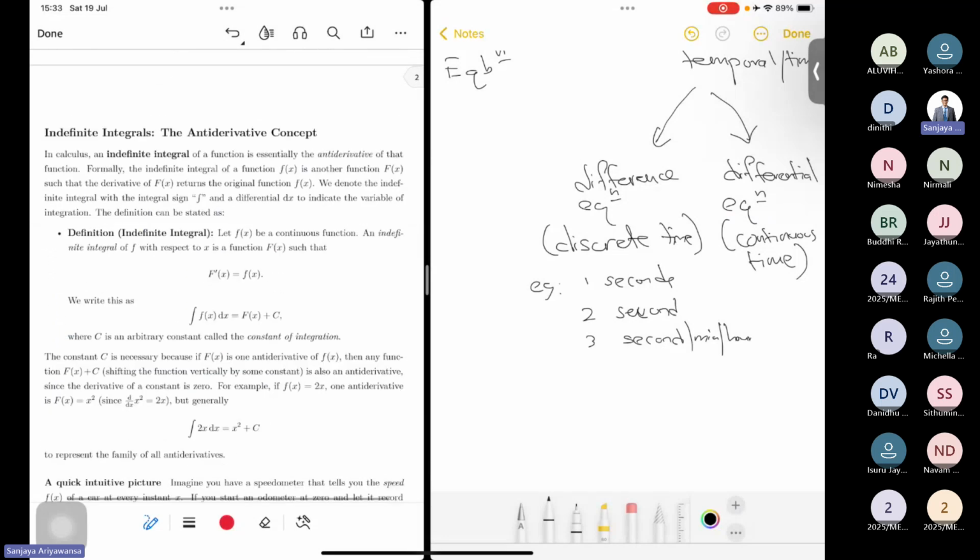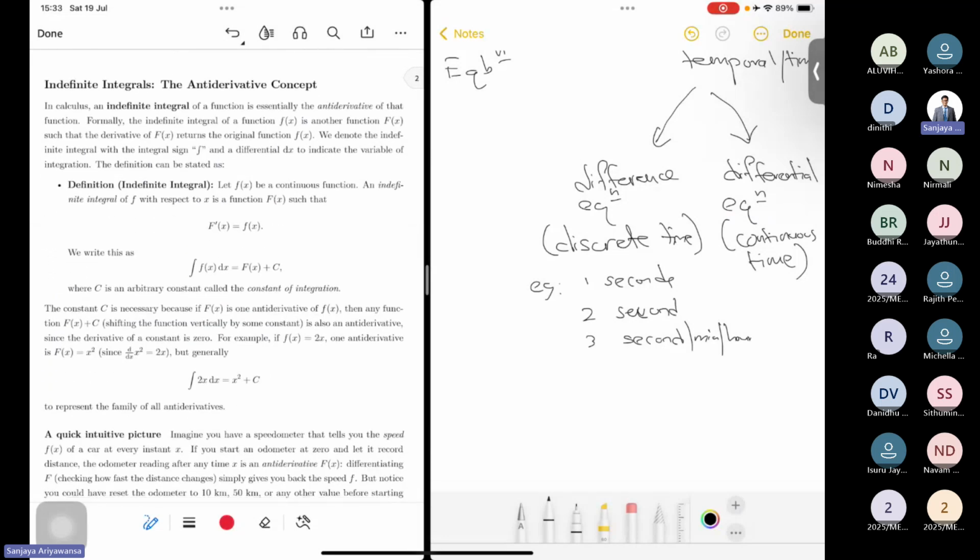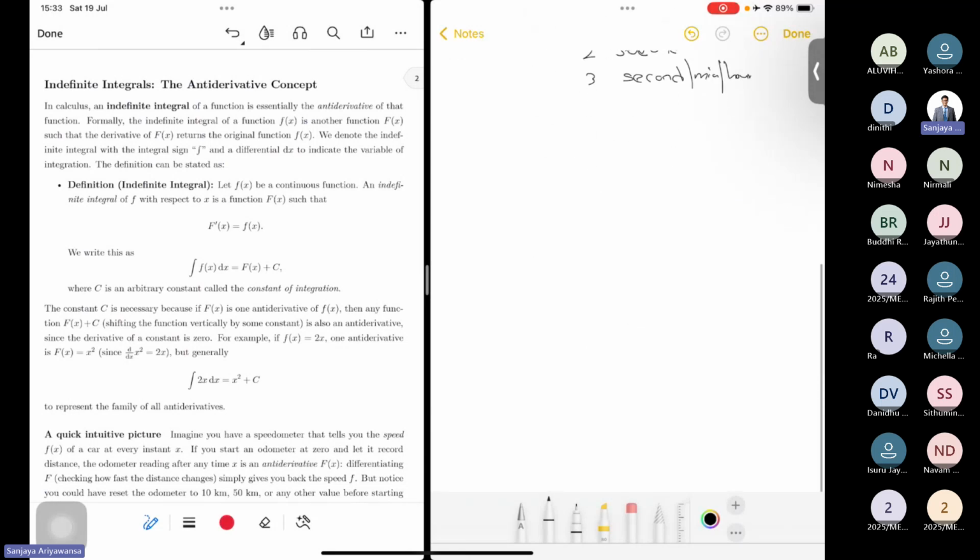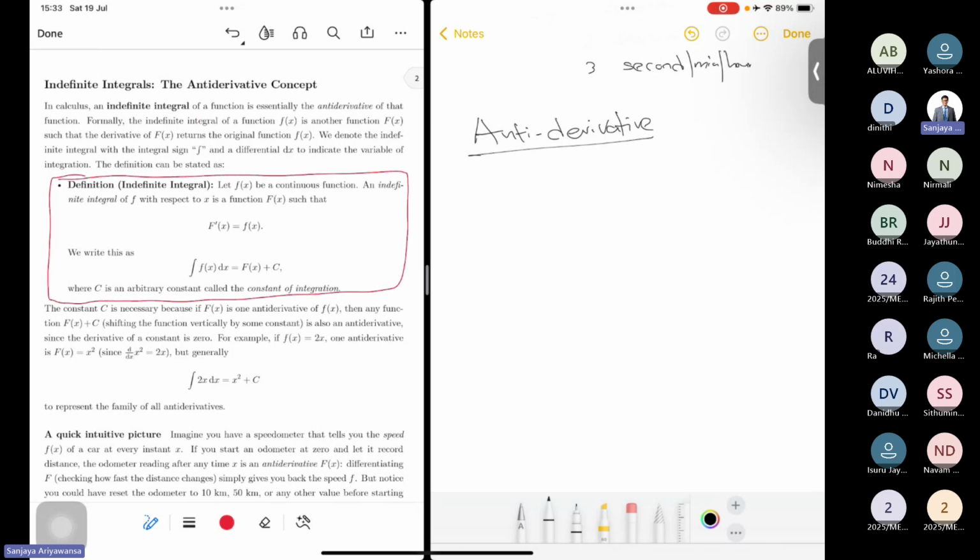Let's get into what this whole topic of integration is. In integration, we are talking about this concept called the antiderivative. I've written the definition here: let f(x) be a continuous function. An indefinite integral of a function f with respect to